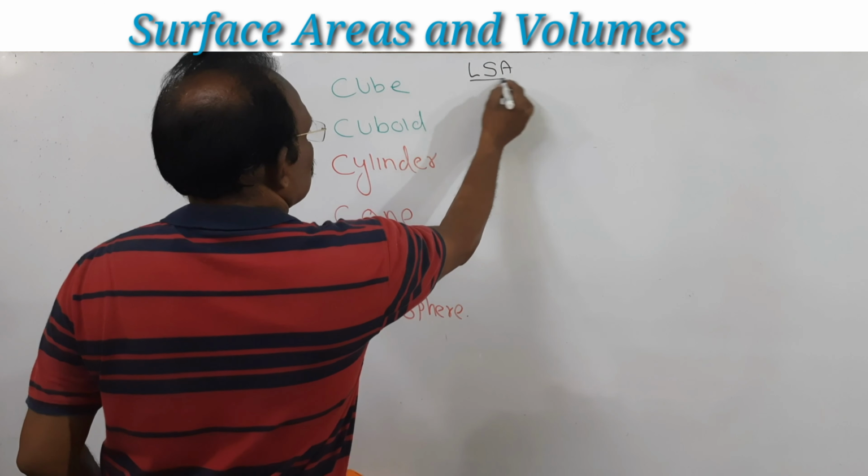So the area inside is pi r square. What is the area of a circle? Because it is in the shape of a circle, pi r square. And we have it up to a certain height h. So the volume of a cylinder will be pi r square h. Very simple. So this is the way.